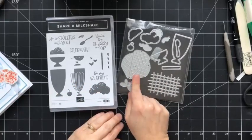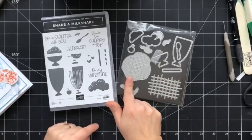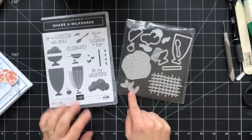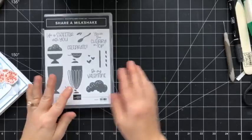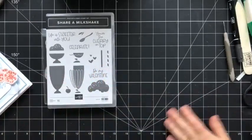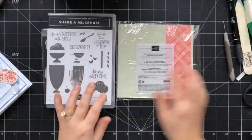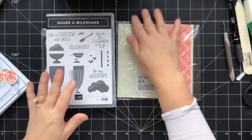And then of course there's some coordinating dies. You can see that several of the dies go with the images, but then there's a waffle cone, and then there's some little hearts in here. So there's lots of complementary dies as well. All right, so I've combined this set with masking paper and half a package of the Subtles DSP, and